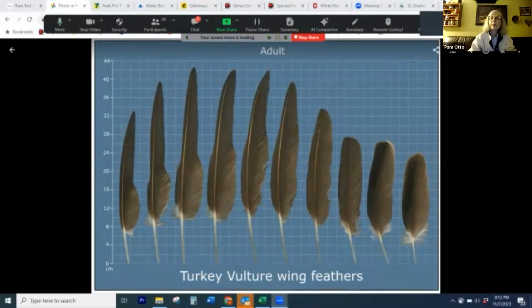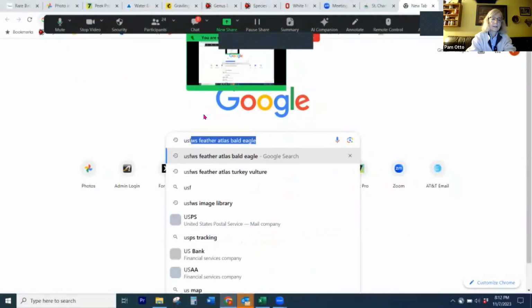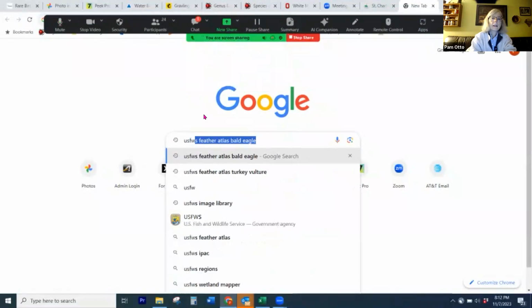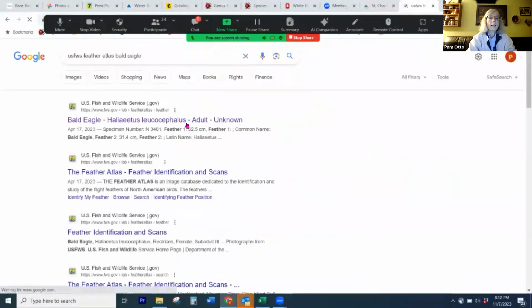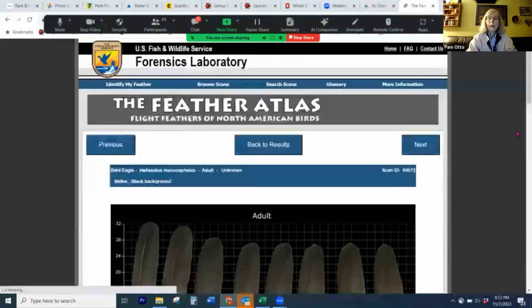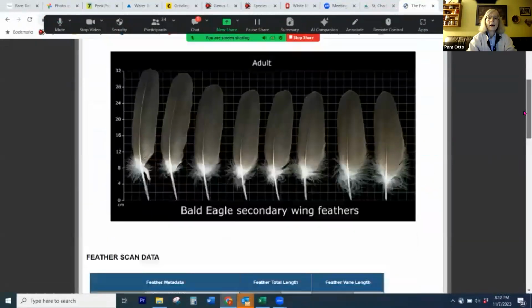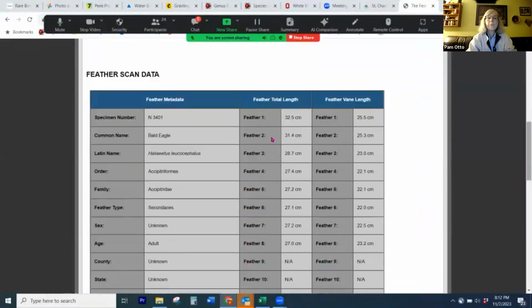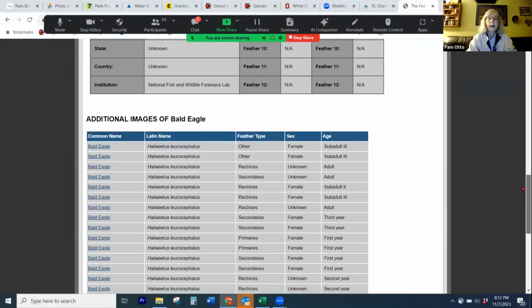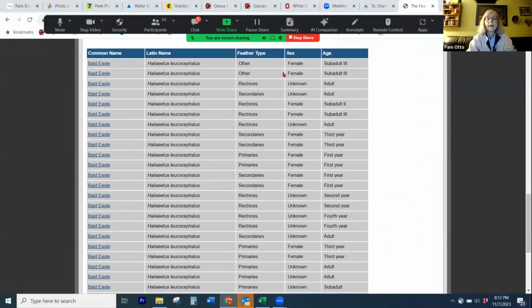So I'll show you here. You can just go USFWS Feather Atlas Bald Eagle. And here's what you see on the actual website. These are secondaries, but you go down here and so here's the feathers in their inventory. Here's the images, and